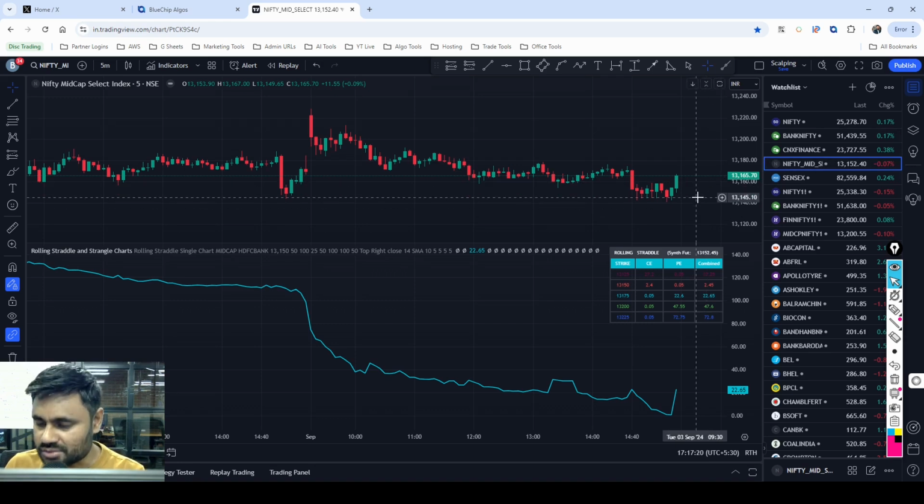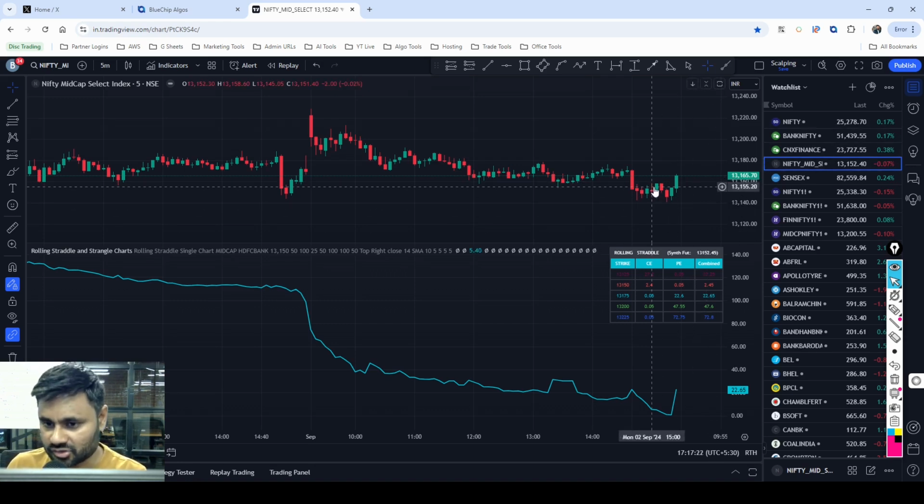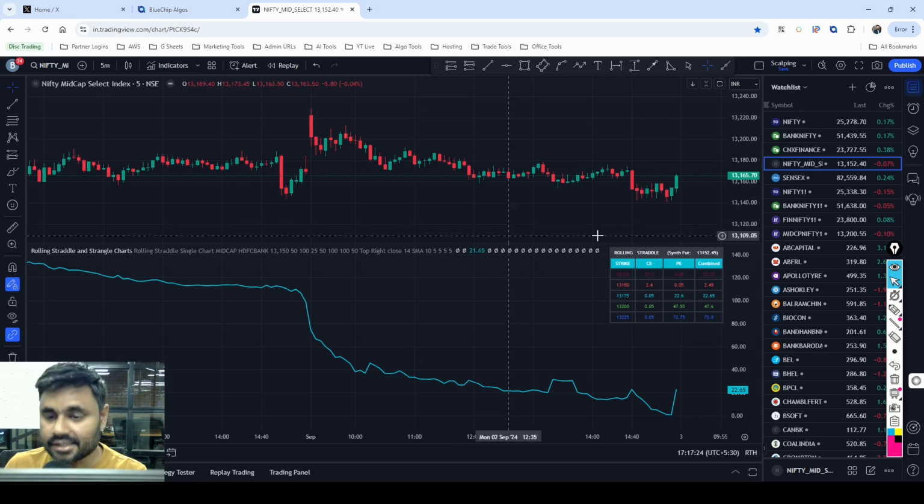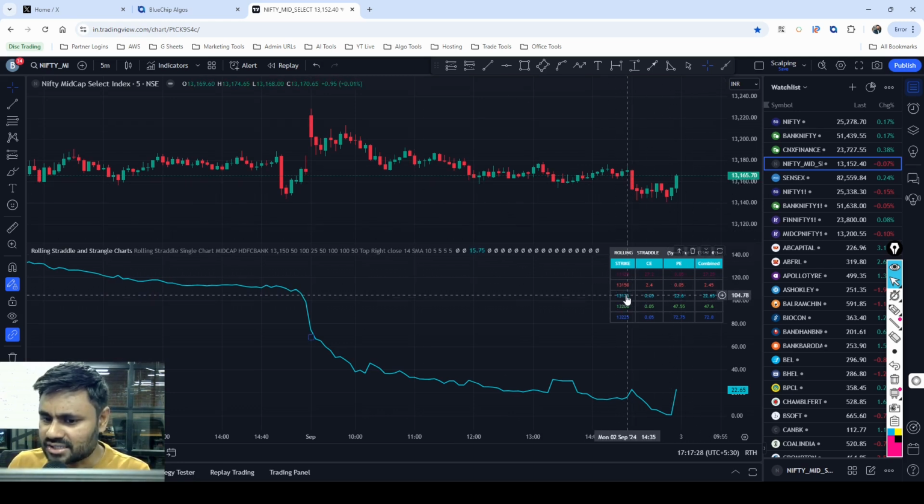After 3:30 post market, there will be a little bit of change because of a few other things. Let's not get into that, but 13,165. So the closest is 13,175. Now 13,175 is the ATM, and we also have given 13,150 straddle, which means 13,150 call option, 13,150 put option,